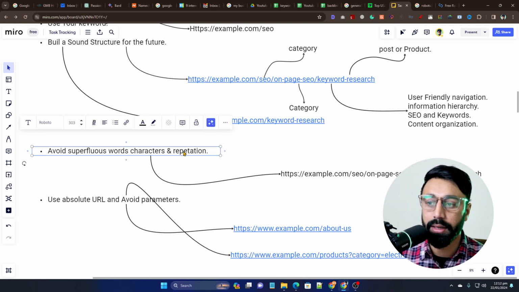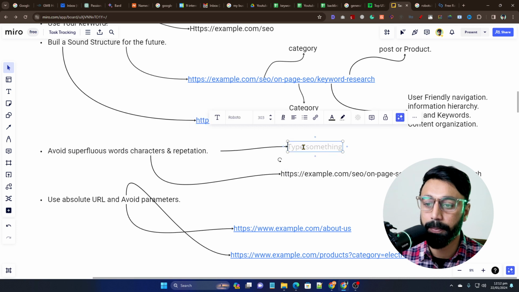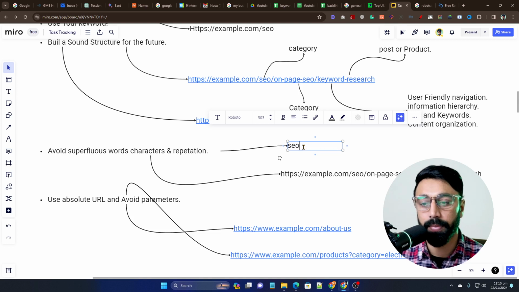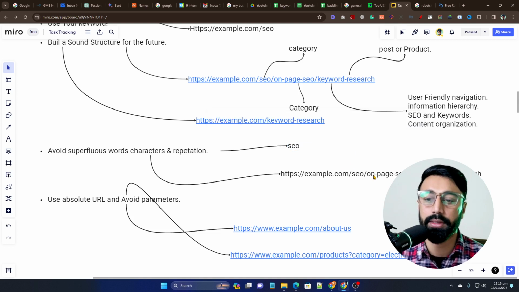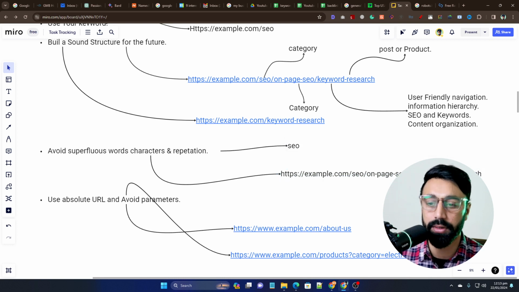Okay, so another very interesting thing that we need to prioritize is repetition. We have to avoid that as well. So for example, repetition in terms of SEO. If this is a URL structure, you can check that there is the word SEO, and then there is SEO, and there is SEO. So this is called repetition, and we must avoid that repetition while creating that type of URL structure,